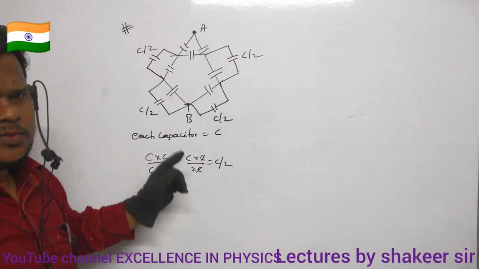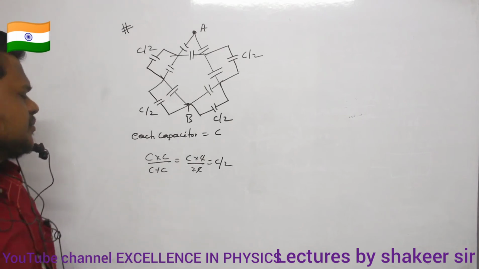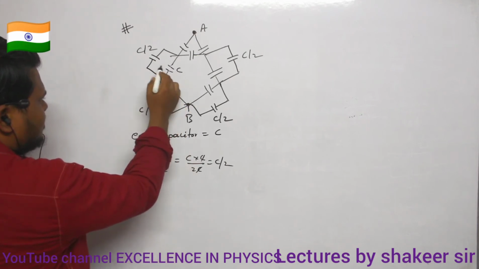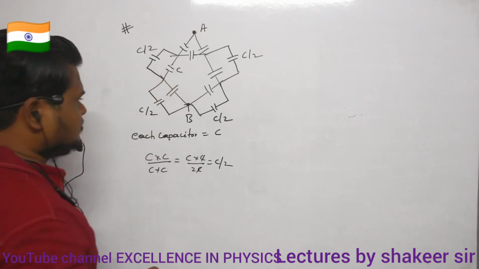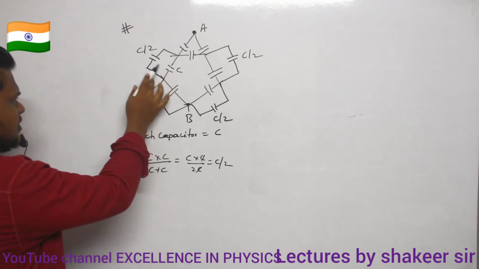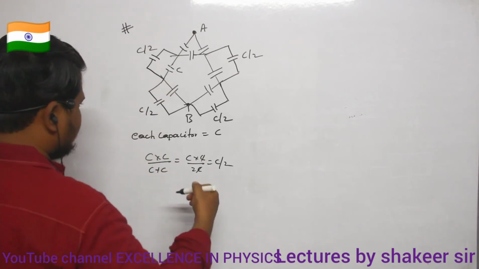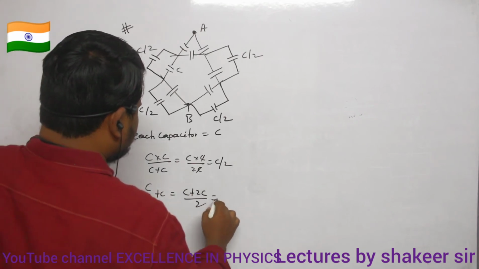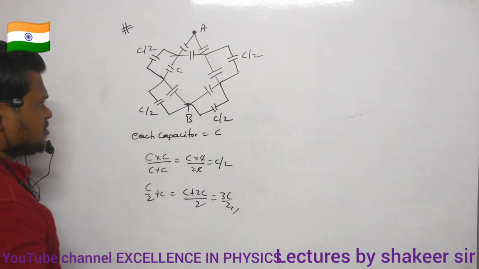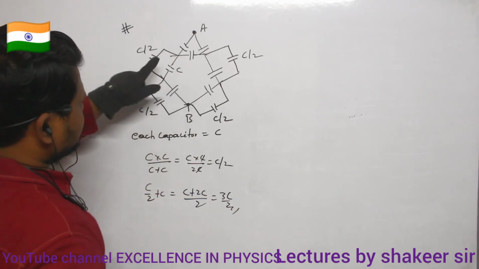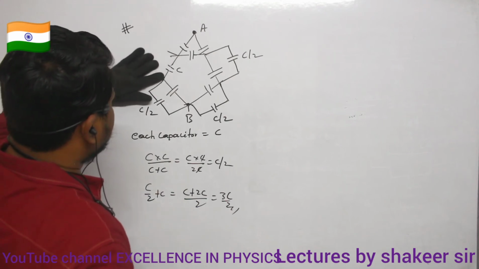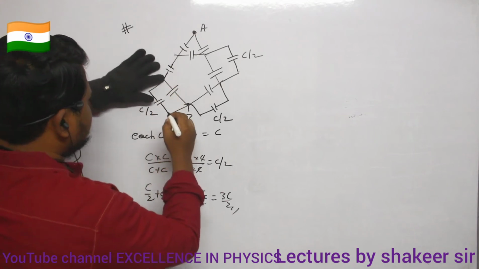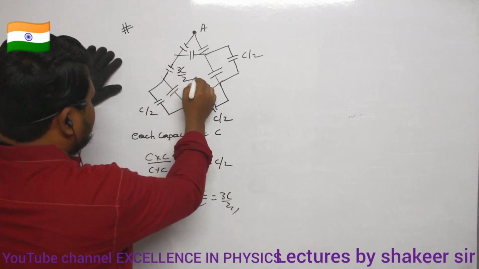Okay, ma? So now I got a circuit up to here. Now what I understand is that this is C by 2 and this is C. Again they are connected in parallel connection, ma? So if C by 2 and C are connected in parallel, then directly I can add them. So C by 2 plus C is how much? C plus 2C divided by 2, 3C divided by 2. That's all, no? So instead of again two branches, I will write only one branch. Instead of this C capacitance, I will write 3C divided by 2.